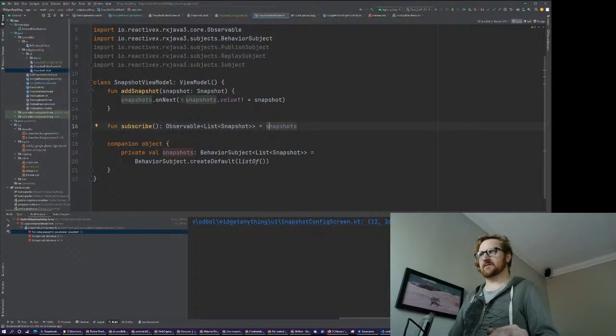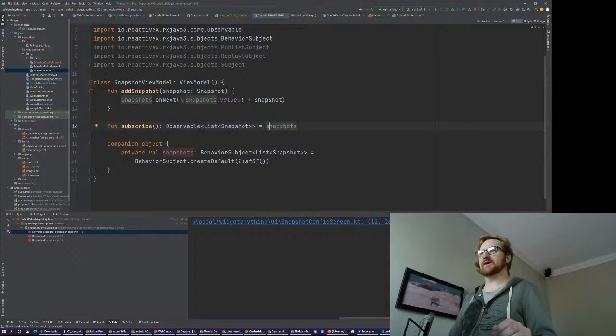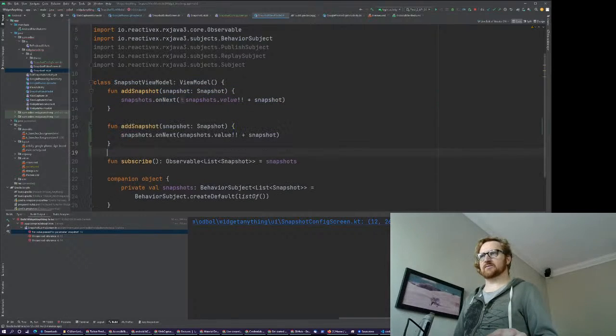Oh, you know what? This is the whole list, so we can't actually make update snapshot really in our little